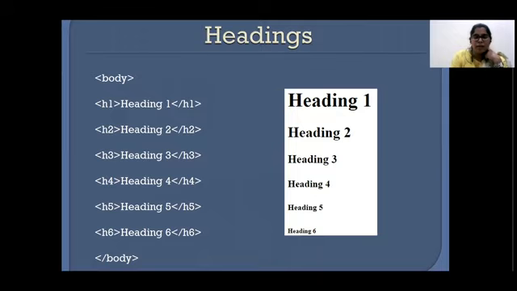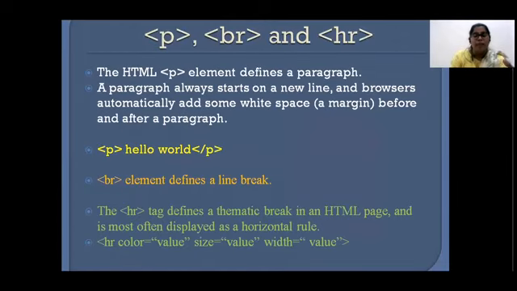Let us move on to the next topic, which is paragraphs. Whenever we need to write a paragraph in a web page, we need to use one tag, which is P. Whatever content we want to put as a passage or paragraph, we write in between the P opening and the P closing tag. Usually this P tag gives a space before the content, and after the paragraph it also leaves some space. There is no need to specify those spaces before and after the passage; automatically it gives a space.